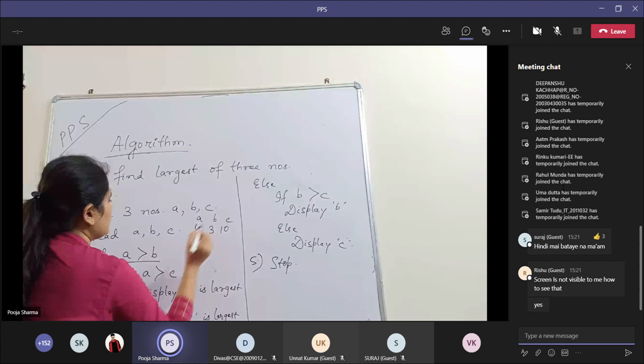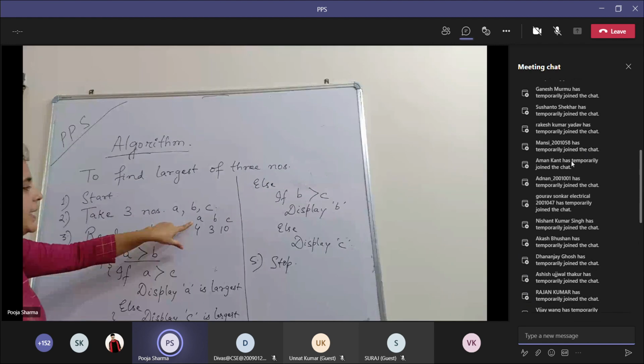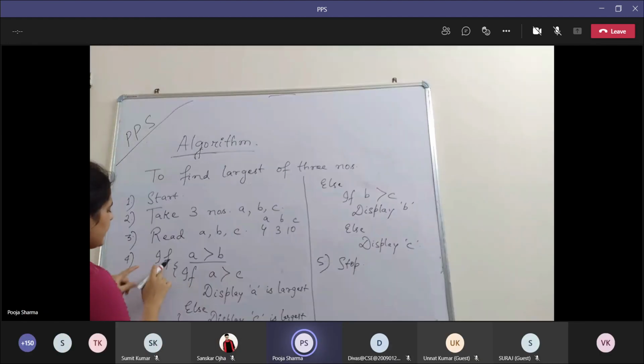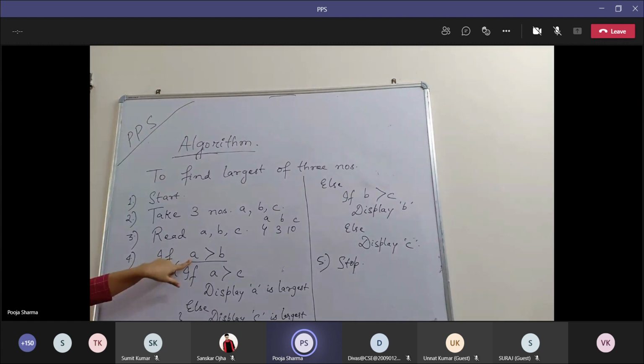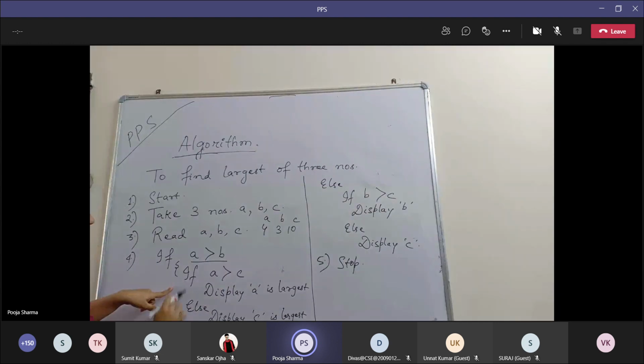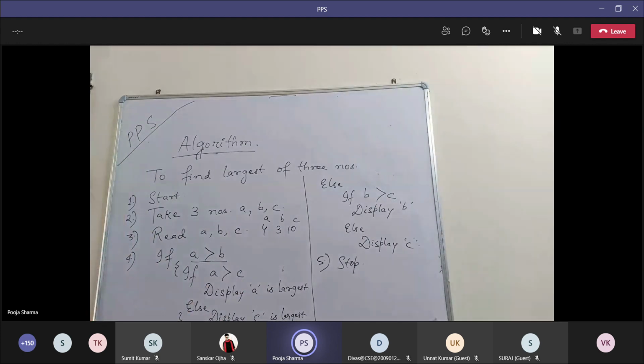देखो, जब मैंने a को 4 लिया, b को 3 लिया, c को 10 लिया, देखने से हमें पता चलता है 10 is the largest number. According to this हम यहाँ पे क्या करेंगे, if जब ये कंडीशन चेक करेंगे, अगर ये कंडीशन true होता है तो हम इस पार्ट में आएंगे, अगर ये कंडीशन false हो गया तो हम इसके according else ढूंढेंगे, else। ठीक है, यही main concept है।